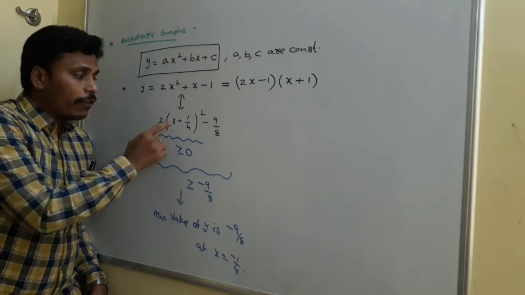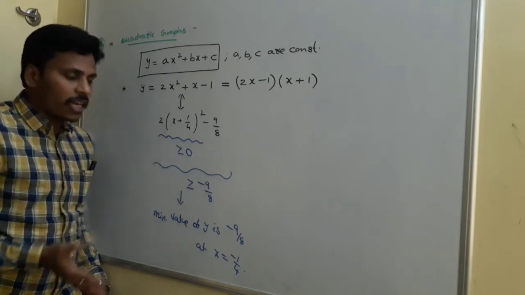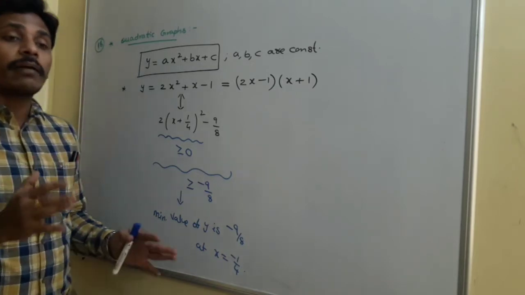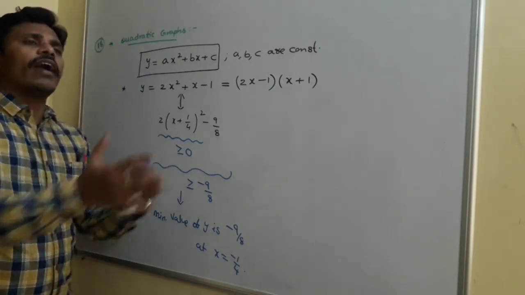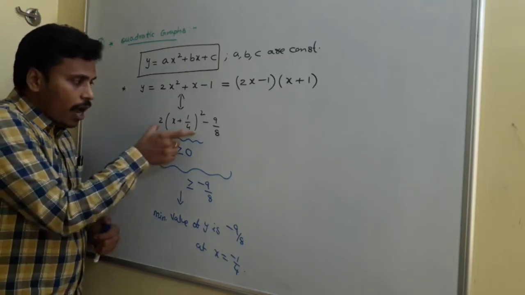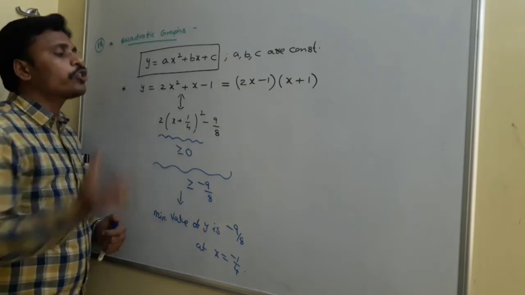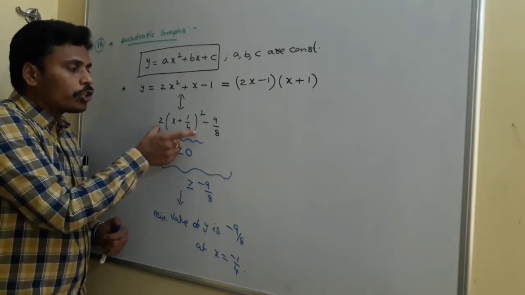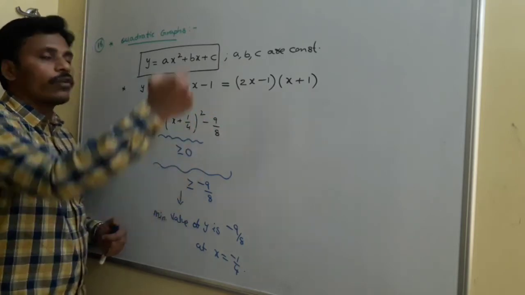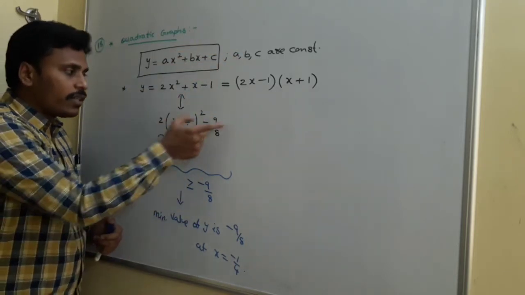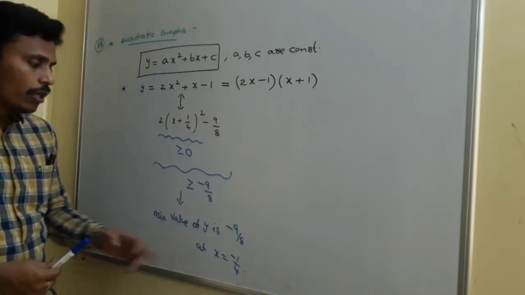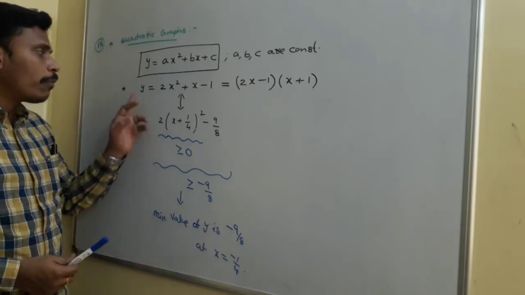Very clear. And if you take x other than minus 1 by 4, any value other than minus 1 by 4, there are an infinite number of real values with us. Take any value from that infinite bag other than minus 1 by 4, and the result is a positive value. Since we are adding a positive value to this minus 9 by 8, for sure the value is greater than or equal to minus 9 by 8. Since the total value is either minus 9 by 8 or greater than that, this value is called the minimum value of y.